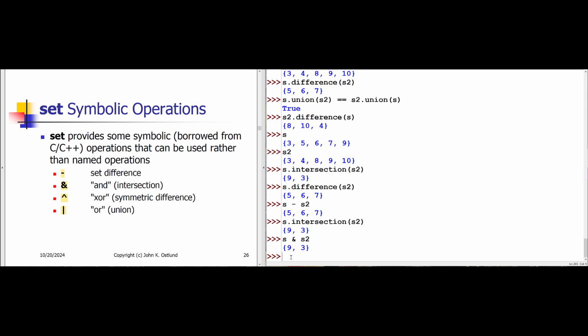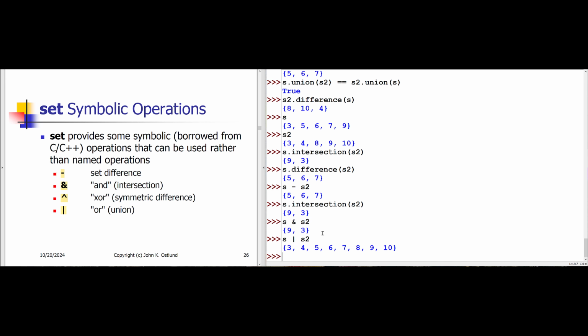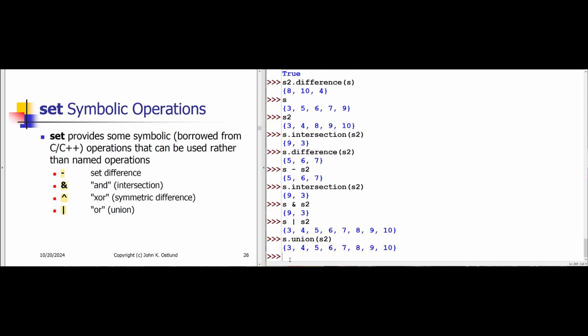Vertical bar is union. S | S2 is the union. I guess that went off the top, but let me just redo it. Okay. And then finally, the caret symbol in binary mathematics on integers is called the exclusive OR operation, which gives you all of the bits that differ between the